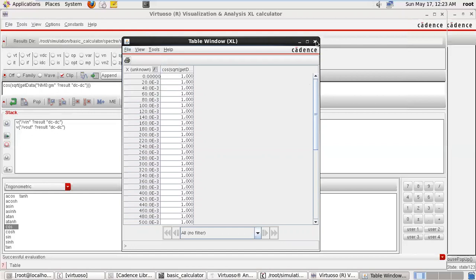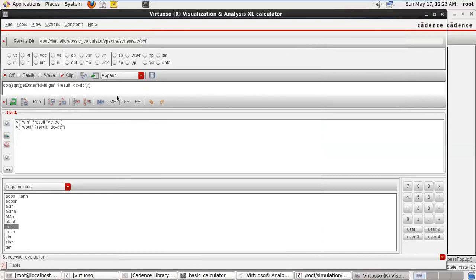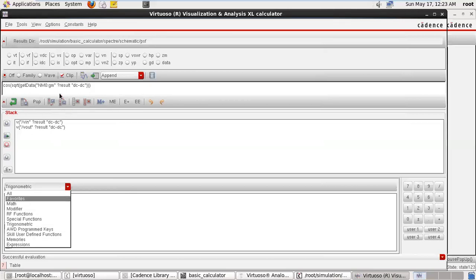So that is important. So that is how we can take the tabular form or move the expression into our ADL window. These trigonometric functions, memories and expressions are very important.